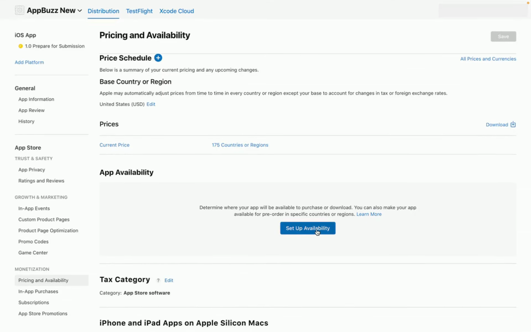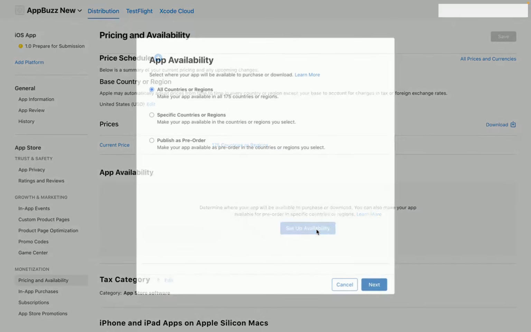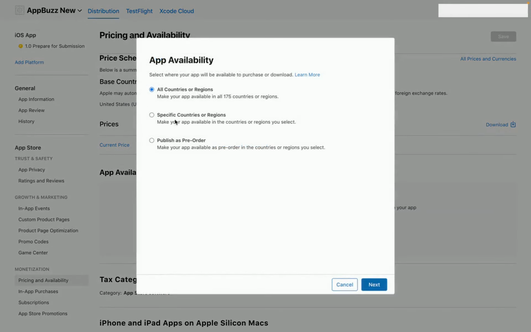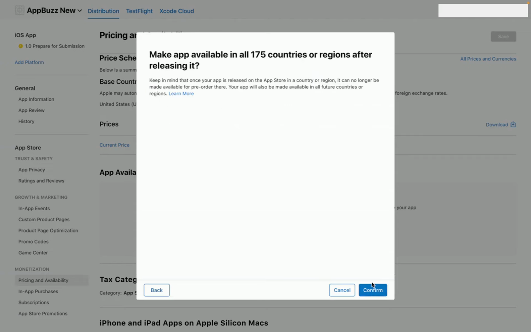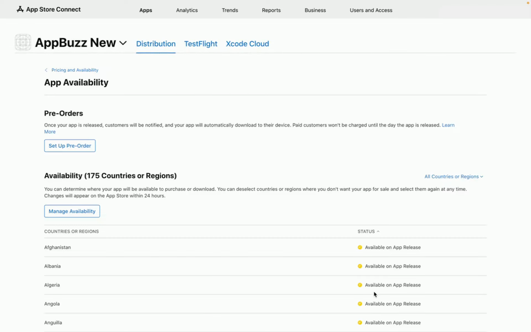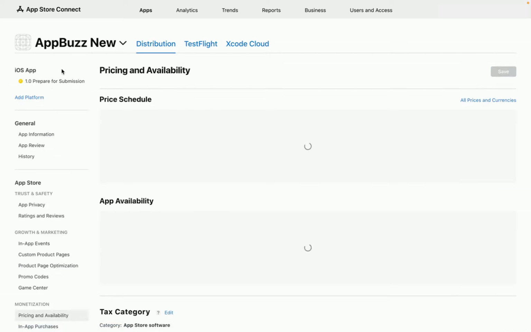Next, you're going to select the app availability. Alright, so click on setup availability, and here you're going to specify any particular regions or across the globe. In my case, I'm going to select across the globe, so it'll be all countries or regions. If you want to select any specific ones, then you're going to have to click here, and when you click next, you will have to specify which region it's going to be. So in this case, I'm just going to click all and confirm. Now once you're done, you can just click the back button over here, go back to pricing and availability,